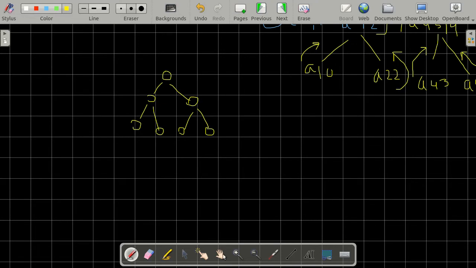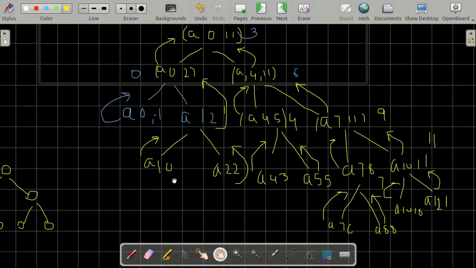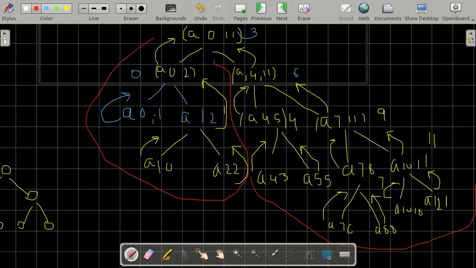But over here, we can see that this side of the tree is smaller. See, this is the first part of the tree, one side of the tree, and this is the other side of the tree. Now one side has very less number of calls and the other side has too many number of calls. So this is because of the pivot, that is the index that we have chosen.